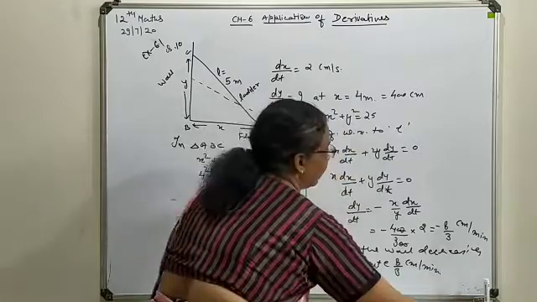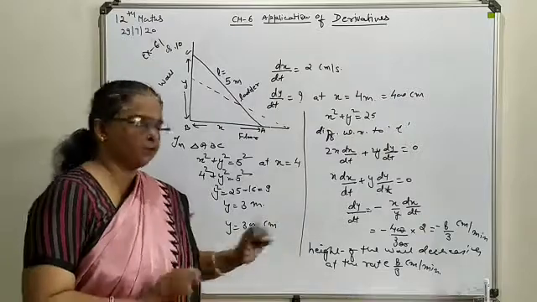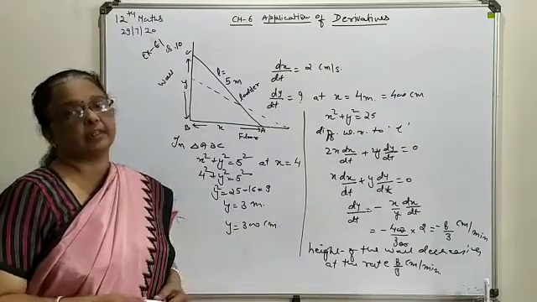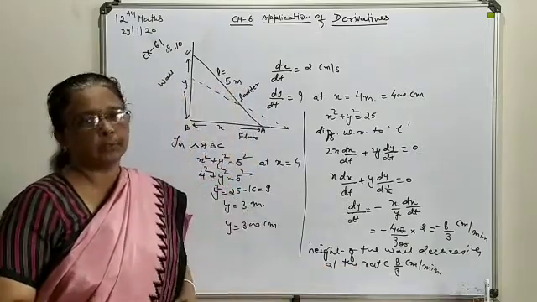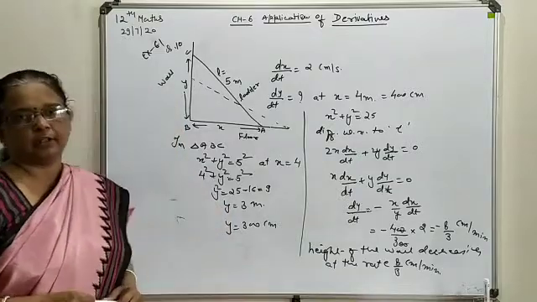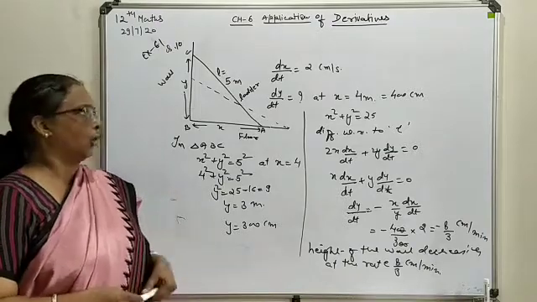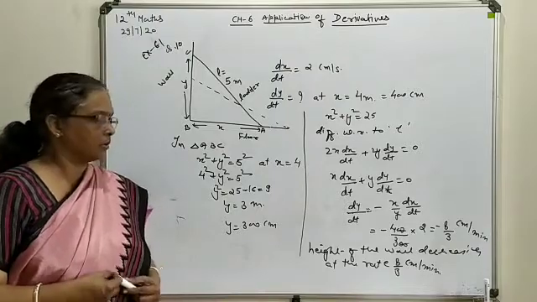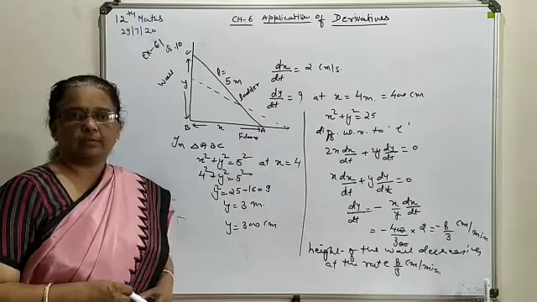One thing keep in your mind while writing the answer: if you mention increasing, it means a positive quantity, so we can write it directly. If you write decreasing, it is understood that this is a negative quantity, so there is no need to mention the negative sign. This is also one type of different question that can be considered. Various combinations may be generated on the basis of this category, so try to solve some of the questions of this exercise. In the next class we will discuss some more.